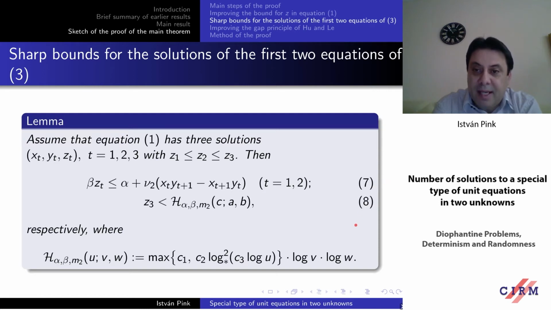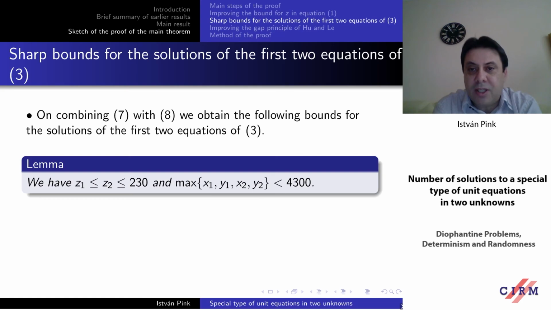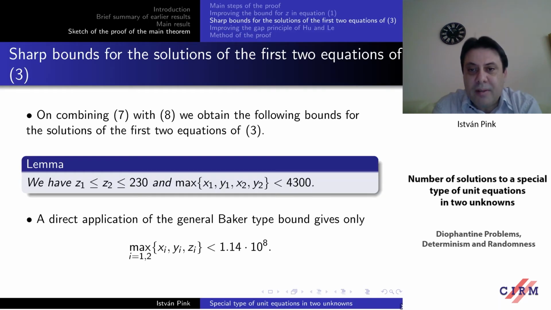Now, if we combine these inequalities 7 and 8, we obtain the following, just to emphasize and just to compare. Using this lemma, we have the following. The largest one, namely z2, is at most 230, and the maximum of x1 up to y2 is 4,300. And if we would like to compare